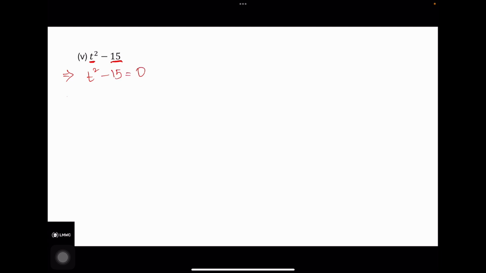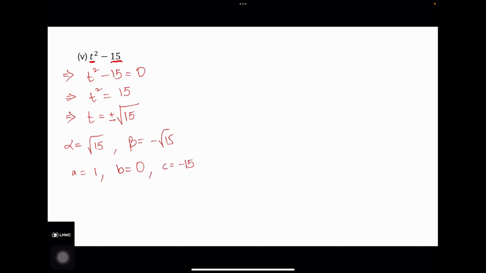is equals to 0. And then t squared is equals to, if you take the minus 15 to the right hand side, the sign will change. And we need only the variable t without the square, which means this will be root of 15 with a sign plus and minus. So it can be either plus or it can be minus. And hence, our alpha is equals to, let's say, positive root 15, and our beta is equals to negative root 15. And our A is equals to 1, B is not given, so 0, and C is equals to the constant